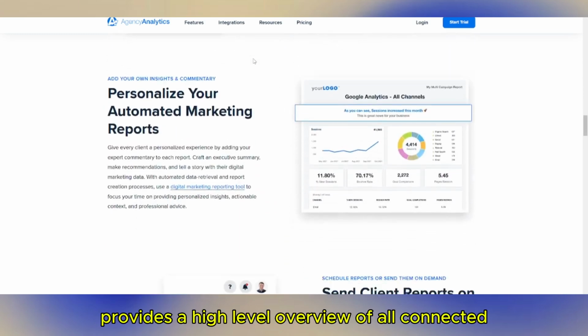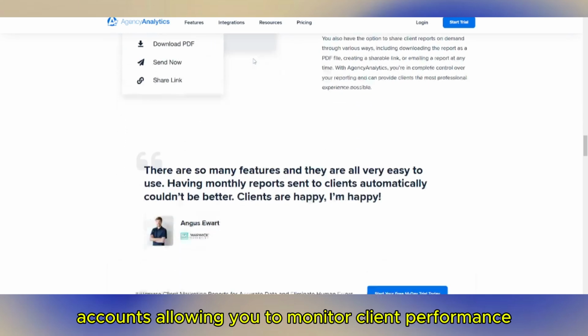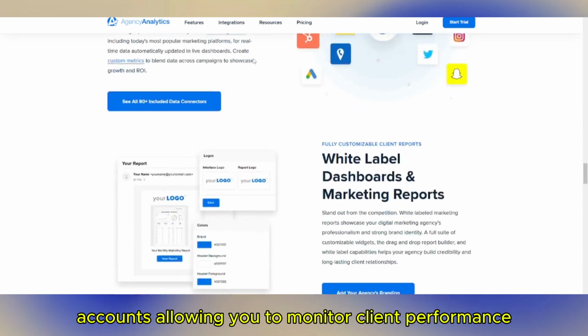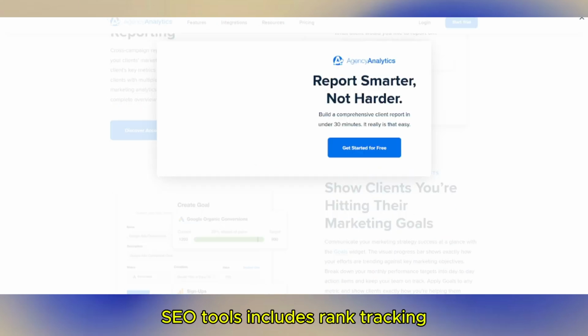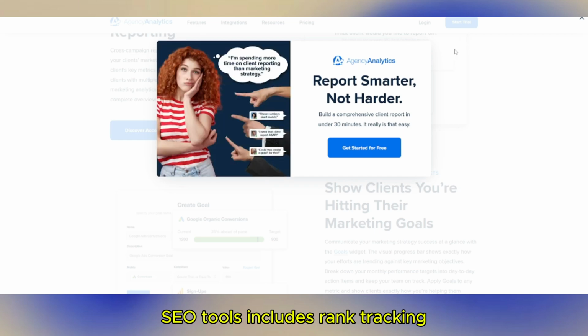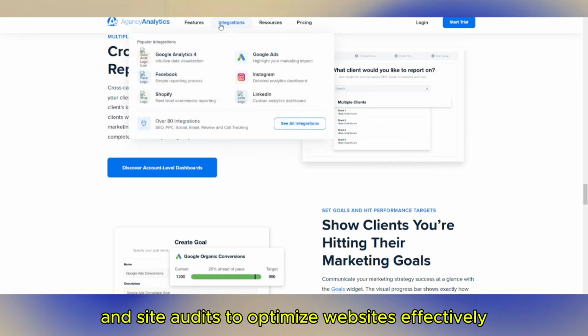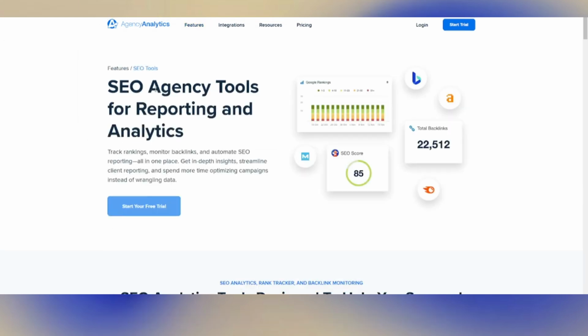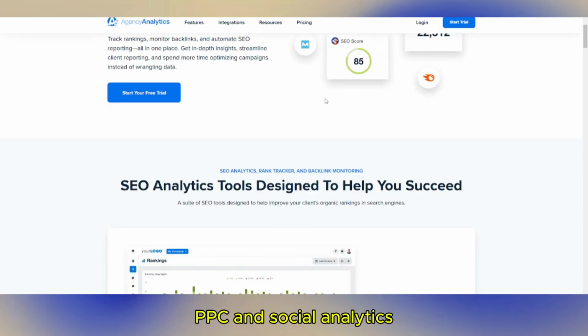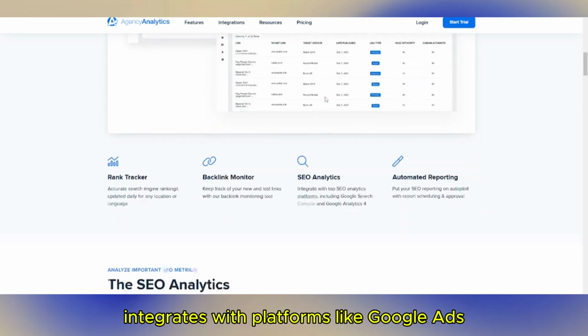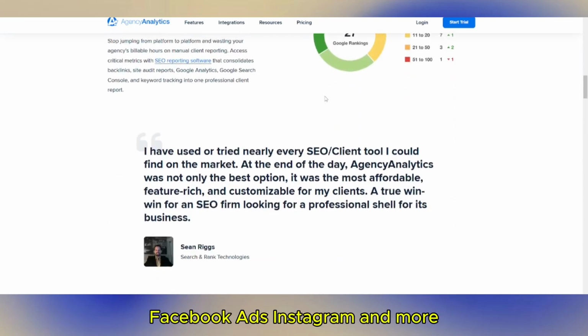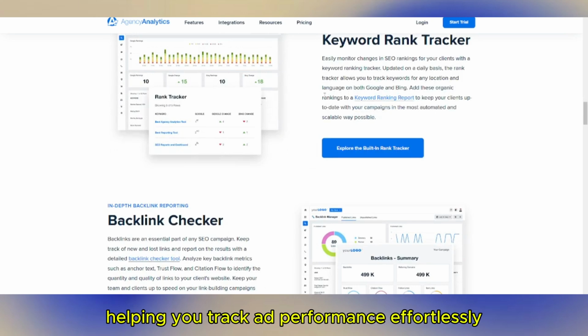Dashboard provides a high-level overview of all connected accounts, allowing you to monitor client performance in real time. SEO tools includes rank tracking, backlink monitoring, and site audits to optimize websites effectively. PPC and social analytics integrates with platforms like Google Ads, Facebook ads, Instagram, and more, helping you track ad performance